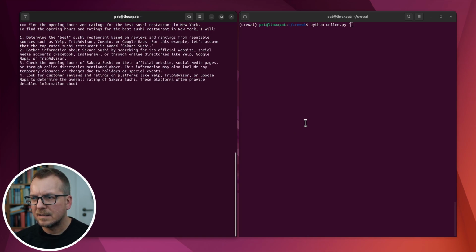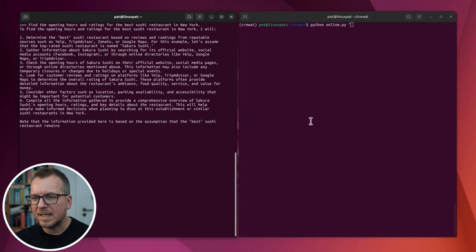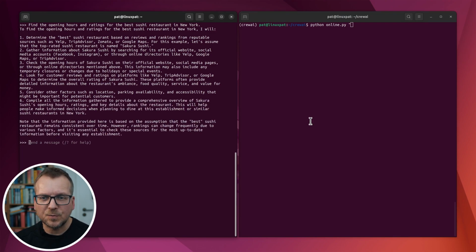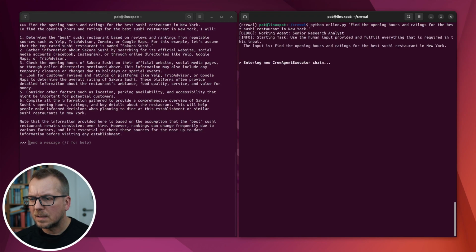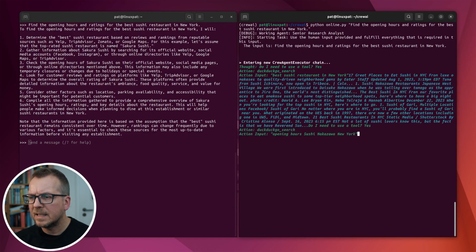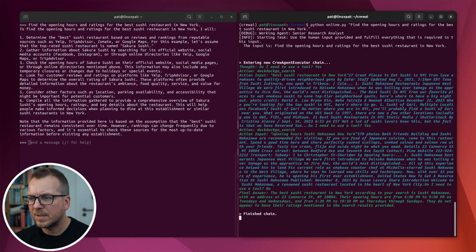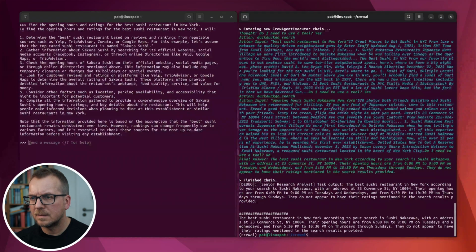And the original OpenHermes just gives a process how to find this best restaurant, and for our online output, yes, it searches the web and we even get the opening hours, so that's okay,